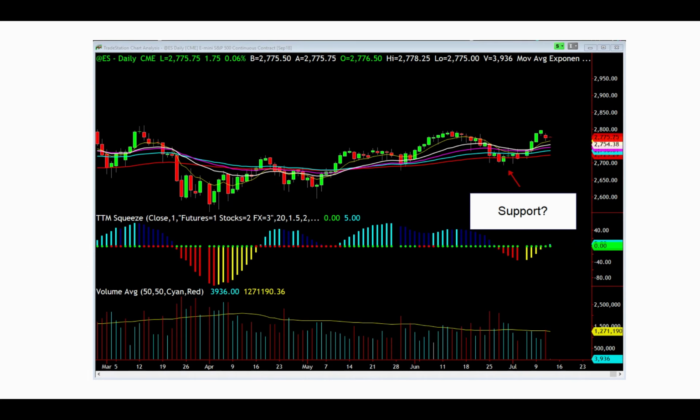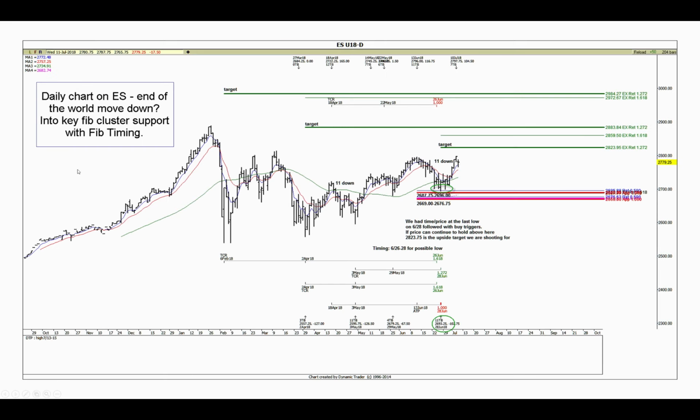And again, if you just kind of go and say, all right, well, let's look at the timing. Let's look at the symmetry. Let's look at the Fibonacci's that are lining up here. And for everybody that was following, that low is not a mystery. Okay, so here we had Fibonacci cluster support. And in addition, we had what's called fib timing. And that's frankly something that's newer for most people. If you don't understand what fib timing is,